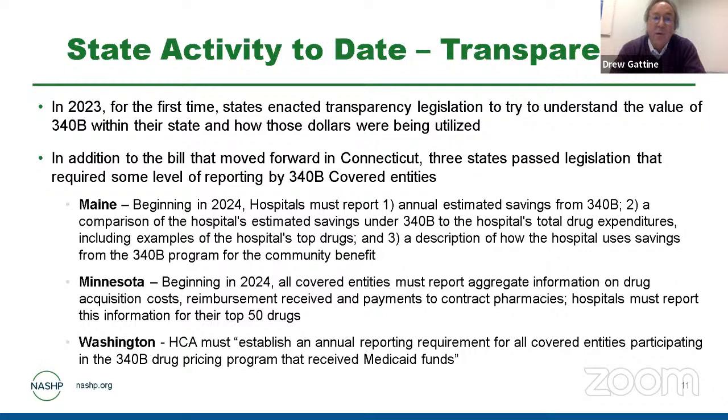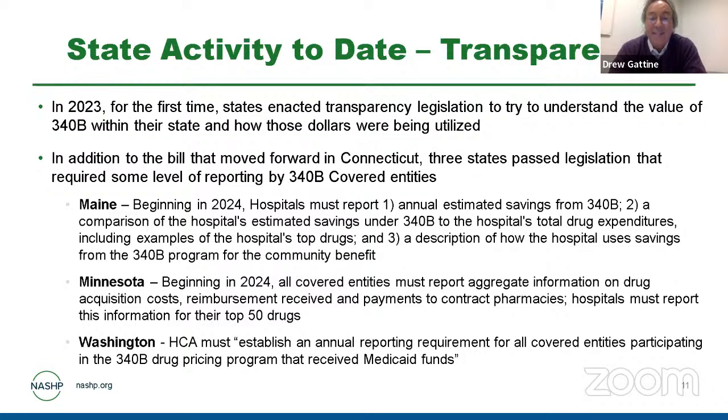Minnesota, also beginning in 2024, is going to require all covered entities, not just hospitals, to report at an aggregate level information on their 340B acquisition costs, the reimbursement they received for 340B drugs, and what their payments are to contract pharmacies. In addition, hospitals are going to be asked to report the same information with respect to their top 50 drugs. And in Washington State,